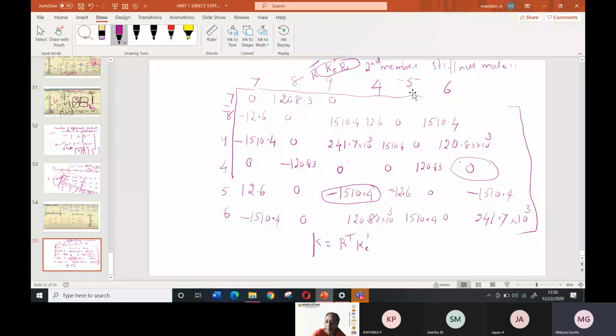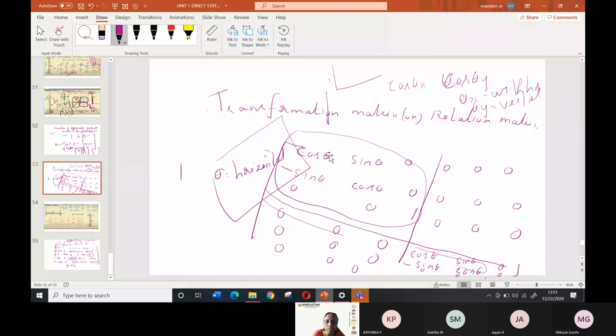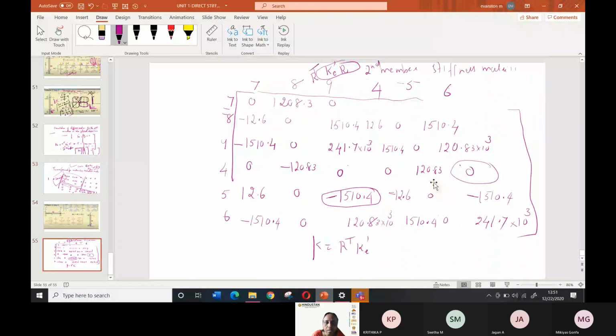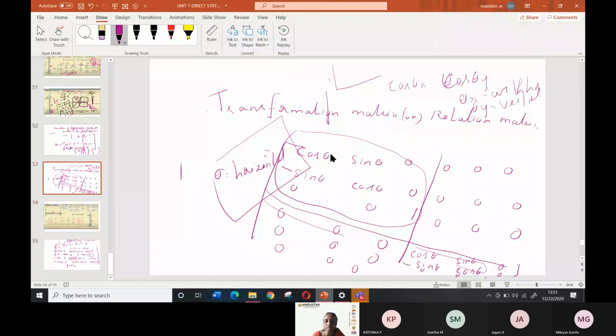Yes, ma'am. Okay. Now what you have to do is copy down this R matrix also, the rotation matrix. Cos theta is equal to 0, sin theta is 1, that is the final matrix. Check whether I have done it or not. You take cos theta; you need not write this, but if you want, you can. Otherwise, cos theta is equal to cos 90, which is 0, and sin 90 is equal to 1.